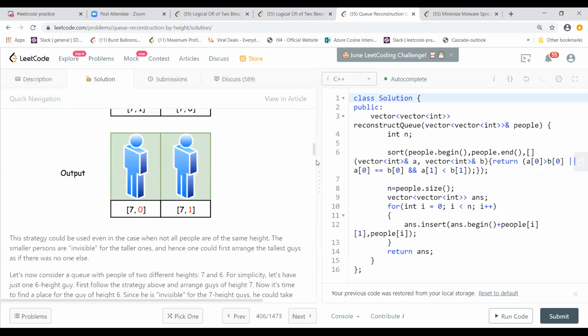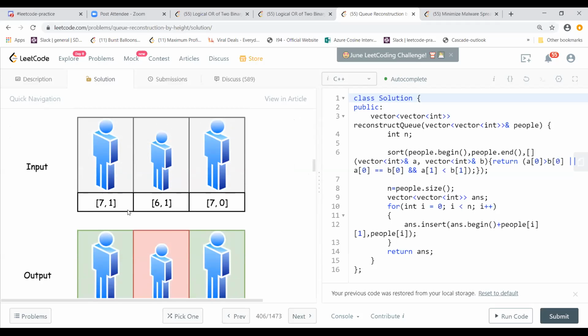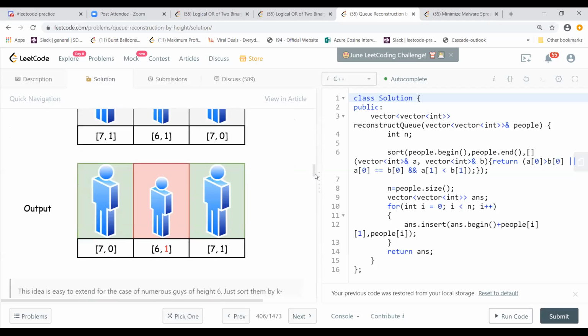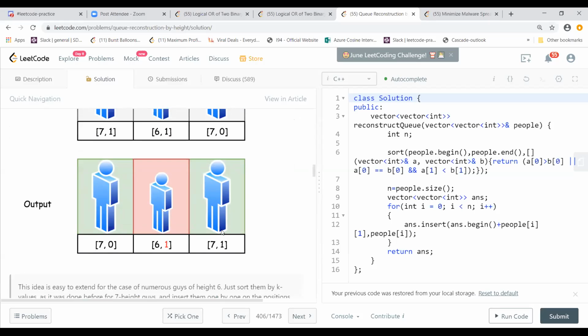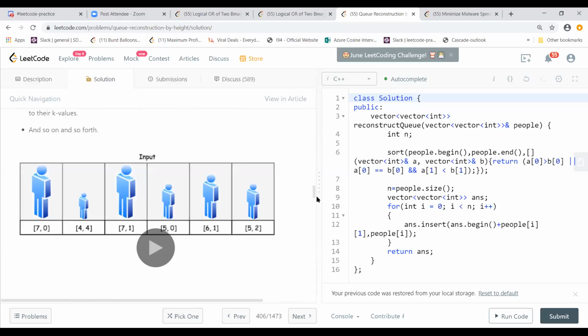Okay. So then in the third case, when you get another one, which is a 6 one, you have it like this. In that case, you have already filled the first two, then you insert 6 one in between them. For doing that, you look at the beginning, whatever is the value at the beginning, you add that index, and then you insert at that location. The result list is empty at first, but then you keep on inserting. And then you have this.